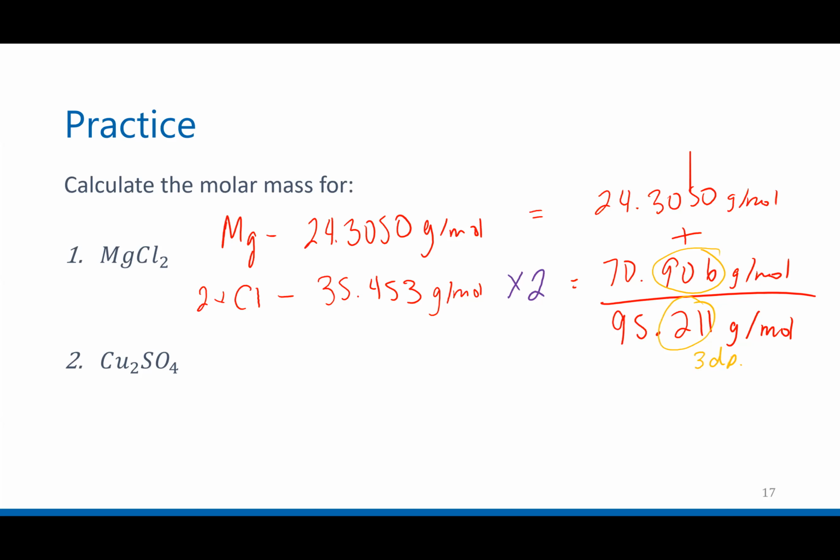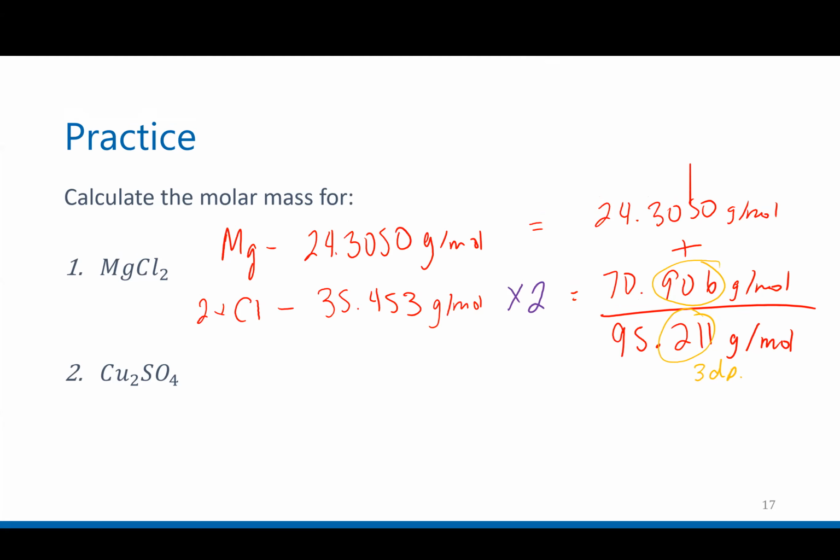If you went into our chemical room and picked up a bottle of magnesium chloride, typically whoever sells the chemical puts the molar mass on the bottle. The other thing you can do, and this won't really work for a test or an assignment where I'm hoping you do significant figures, is